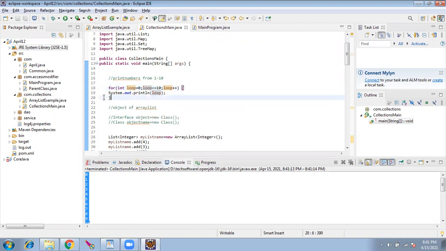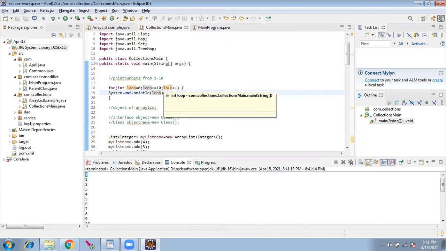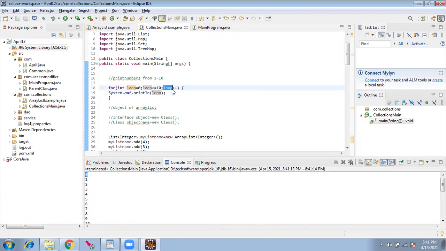It will go inside and print the loop, which is 0. Now loop will be incremented by 1, which executes after the sysout. Now loop is 1. 1 is less than 10, true. It will go inside, print the 1, and loop will be incremented to 2. 2 is less than 10, and the same way it will go on.